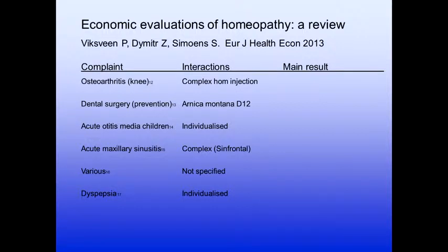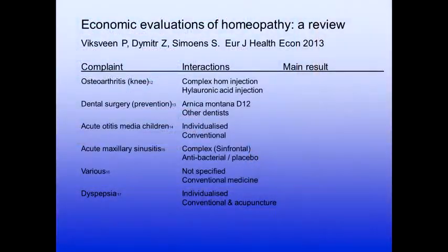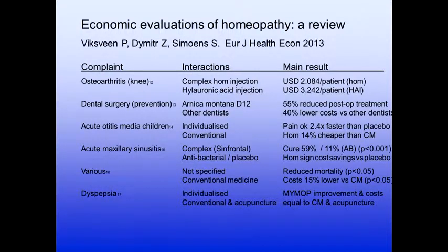And the homeopathy interventions were also a variety of types: complex homeopathic injections. There's another complex remedy. Arnica was used in 1 study, and 2 studies used individualized homeopathy. And as you see there, in the second last one, the authors didn't specify the homeopathy approach. And the same goes for the comparator. There were mostly conventional treatments, but also a range of different types of approaches. And the results were reported in a variety of ways. I'm not going to go into details. It's just so you get an idea that there was quite a wide range of different types of outcome